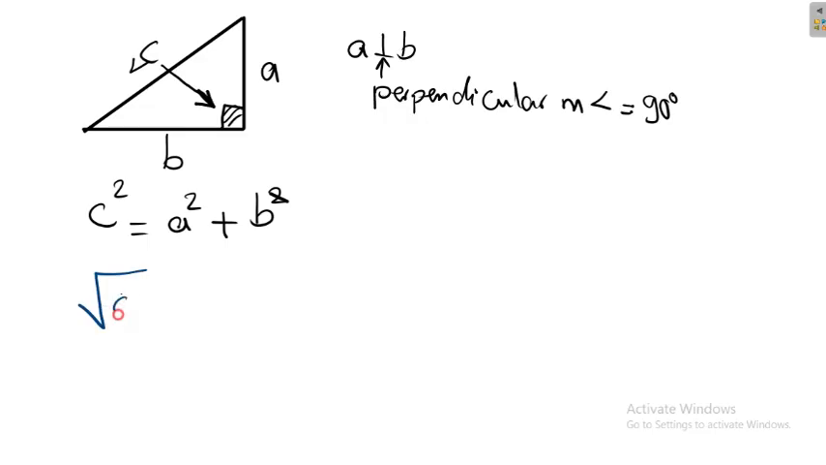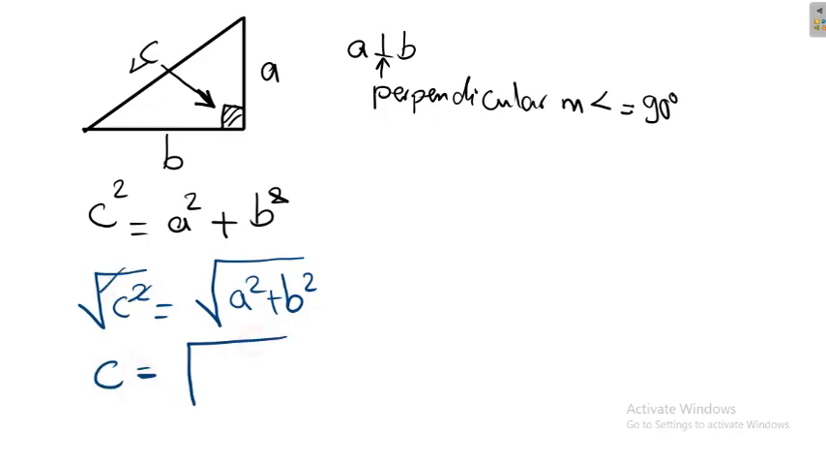Square root of C square equals, and because of this equation we take the square root to the other side. Square cancels square root, so C equals... So what does this line mean? This line means the length of the hypotenuse equals the square root of the summation of the squares of the